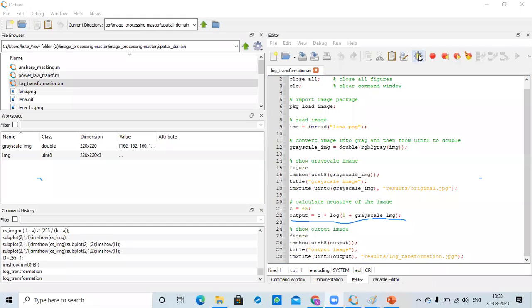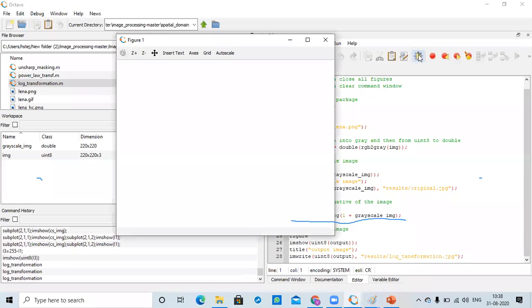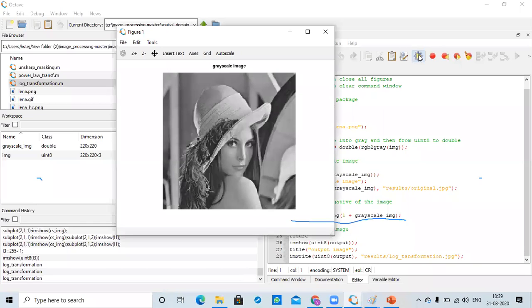We will run this. So this is the enhanced image picture.